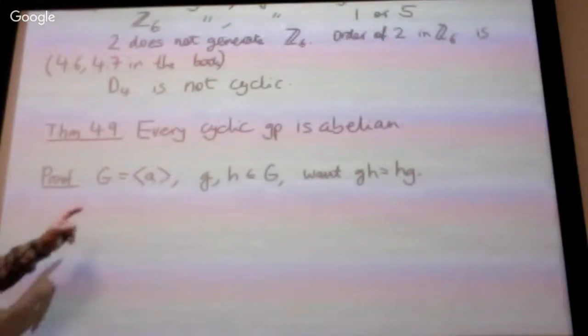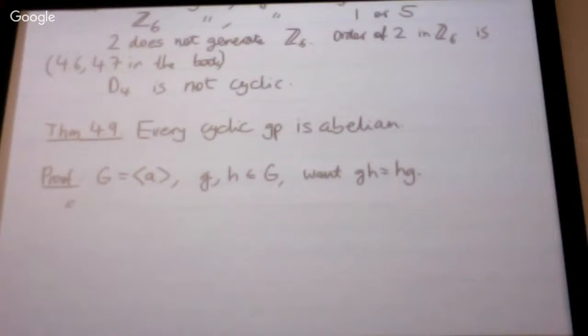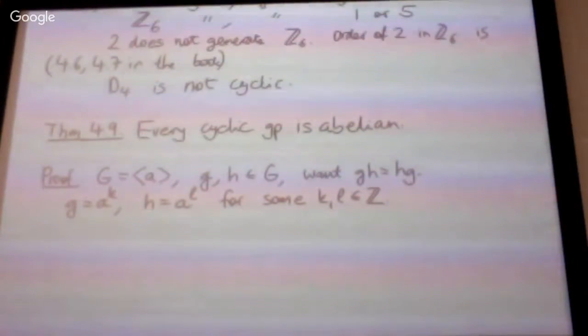So because G is in a group generated by A, that can't happen unless G is the generator to some power, because of the definition of a cyclic group, and H is the generator to the same, possibly a different power, for some whole numbers K and L. Okay. But then